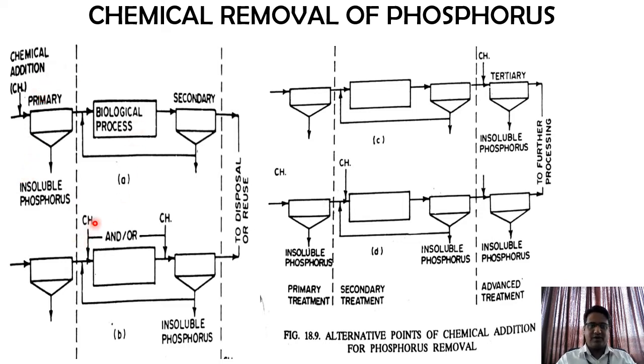If not, if you want to add it in the biological or secondary section, then you can add it before the aeration and before the secondary clarifier. Even there we will get the sludge where the precipitate of phosphorus will be present. Or else, if you want a specific treatment designed for the tertiary, even in the tertiary treatment you can add these chemicals, and again in the sludge we are going to get this. In total, you can add it in primary, secondary or tertiary treatment. Wherever you add it, there you are going to get your phosphorus.